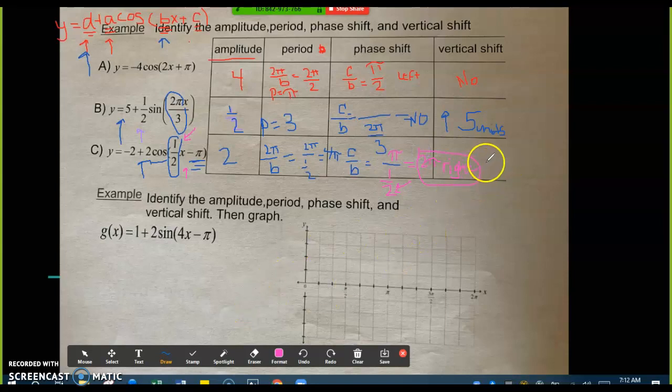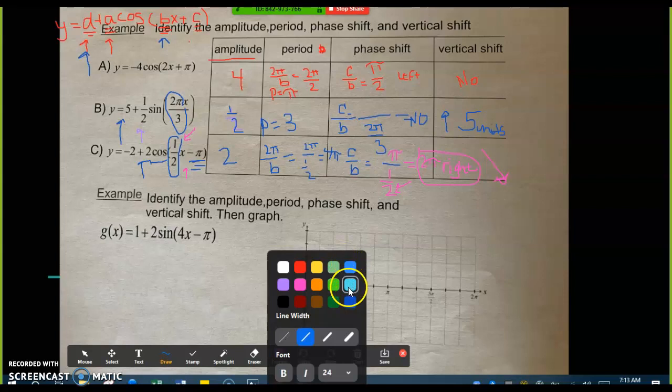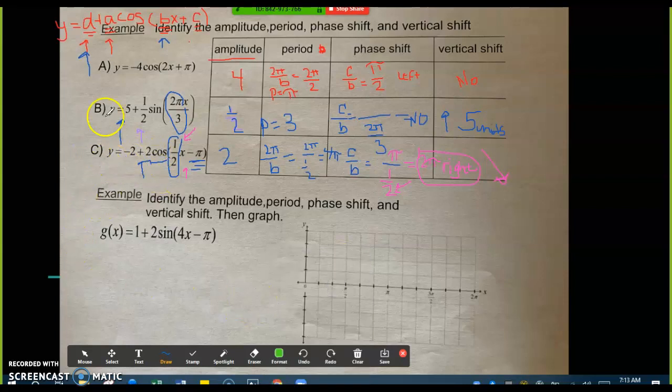Now, I am going to do our vertical shift over here because I'm running out of space. Remember vertical shift is this D value up here. So if I talk about the vertical shift for this function, it's something being added or subtracted from the entire function. And the answer is yes, right? We have this -2 being added to the entire function. Now don't get confused. That -2 is negative, right? So that is going to